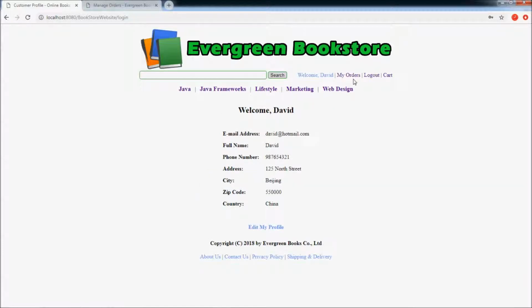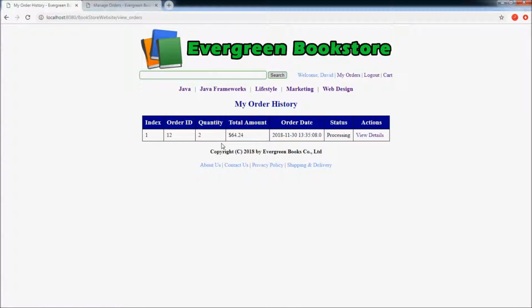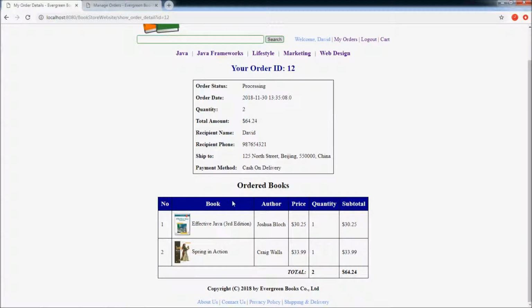My orders history here, and I have order ID 12. View details, and I see there are 2 books, Effective Java and Spring in Action. And I call the customer service of the company to add another book to my order. Say, for example, Java 8 in Action.